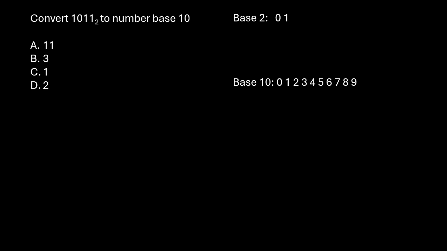2, 3, 4, 5, 6, 7, 8, 9. Now, when we're going from 9 to the next value 10, since we have used up the numerals, we displace a digit and then start repeating the numerals again. So the next value will be 10, which is 1, 0, and then from there we repeat the numerals for the next values. So 11 becomes 1, 1, 12 becomes 1, 2, and so on until 19,